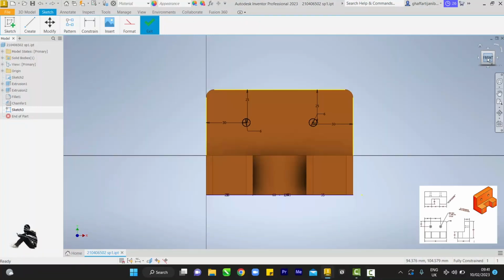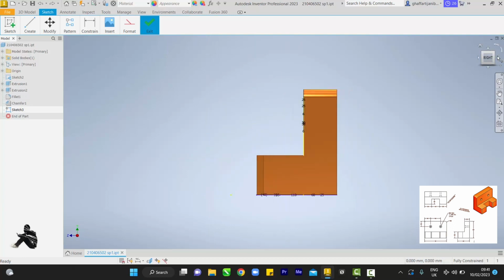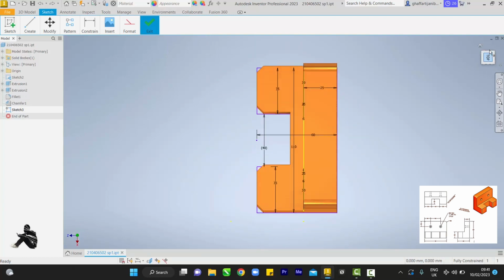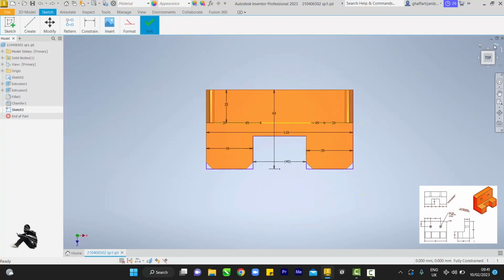This is the assignment. This is our front view. Then this is our side view, and this is our plan. Sorry, let me rotate it so it looks like a plan. Right, so let's start. Control N, or you come here to File